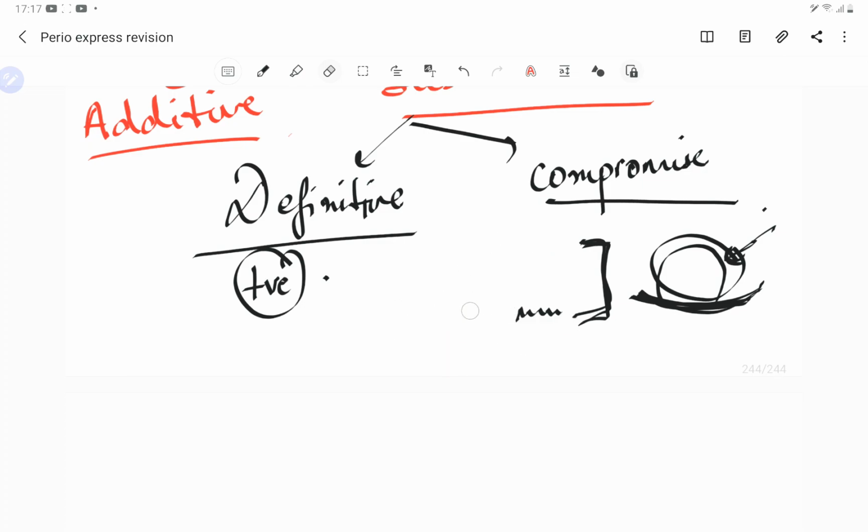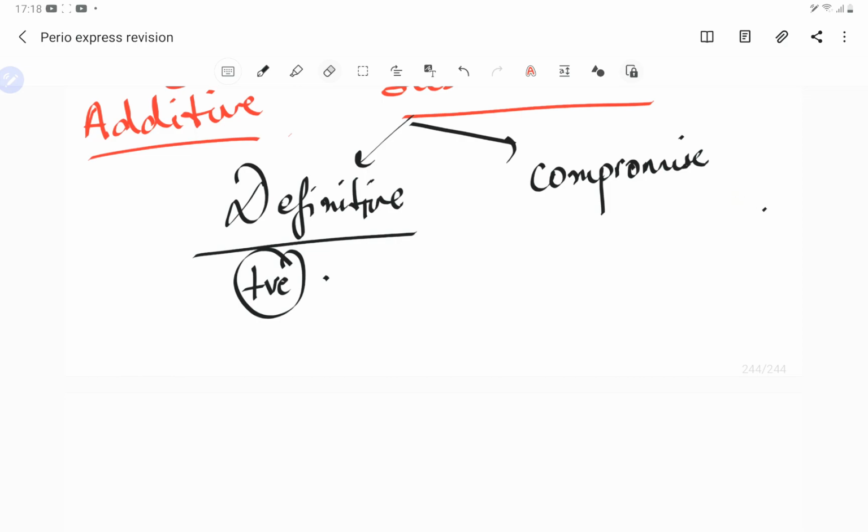So requiring an extensive bone removal, we call it the compromise osseous surgery. It indicates an osseous topography which requires extensive bone removal. Why do we remove a large amount of bone? Because we are looking for the long-term prognosis. In some situations we have to remove a large portion of the bone, because otherwise it is of no use, but later on the patient can easily maintain plaque control. So we do this kind of surgical procedure.